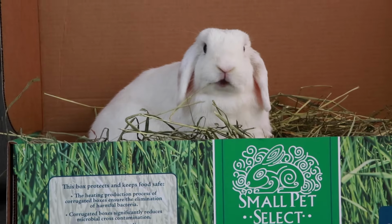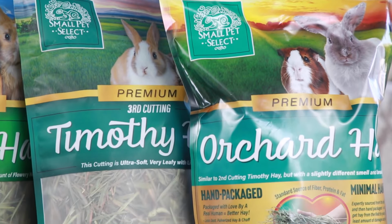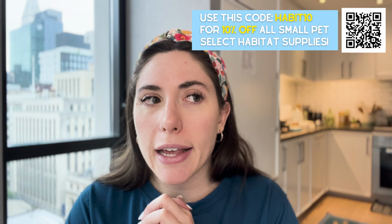Like, for example, orchard hay is a little bit sweeter. It doesn't have as many vitamins and minerals as Timothy hay. It has almost exactly the amount, but just like the tiniest bit less. So if you're a person that wants to get your bunny to eat more, orchard hay is a really good